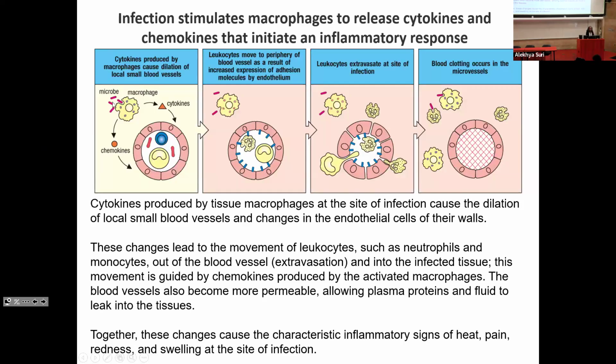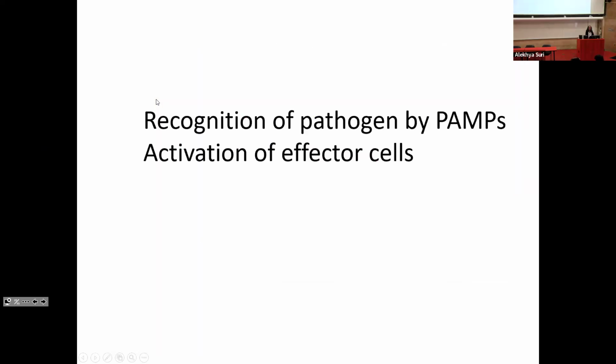So, how do these macrophages recognize these pathogens, right? How do they know that there's something there? There are phagocytic receptors, so they will phagocytose, but how do they know that they have to become activated to make these chemokines and cytokines, these effector molecules? So this occurs through what's called recognition of pathogen-associated molecular patterns, or PAMPs, which then leads to